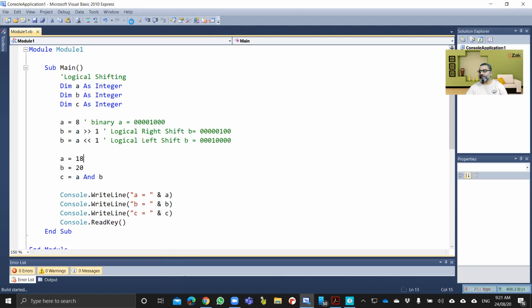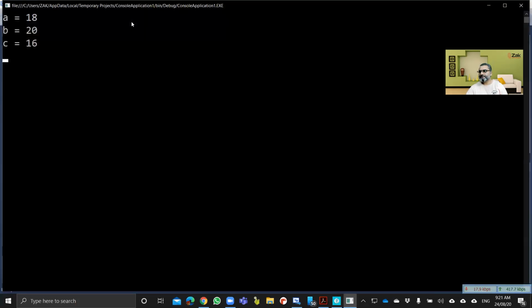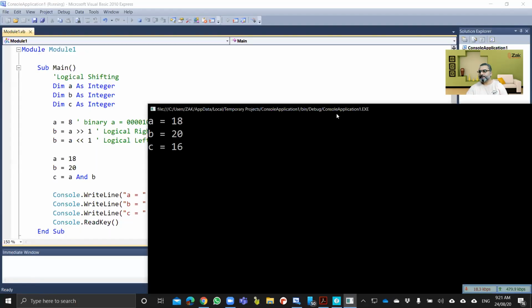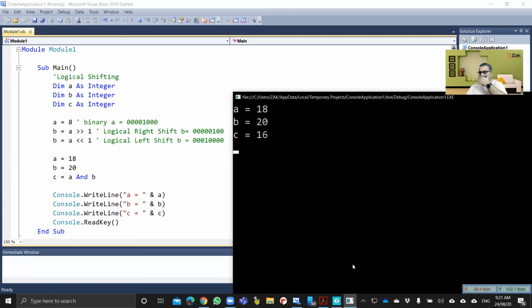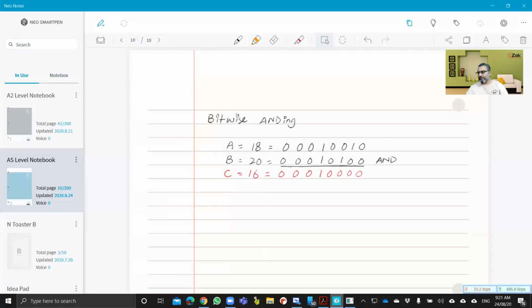Let's execute this program. As I told you, if A is 18, B is 20, then the result, C, will be 16,